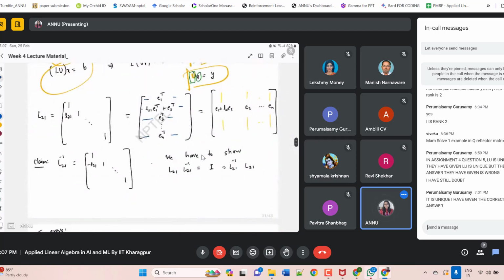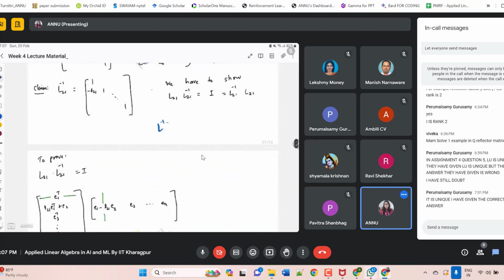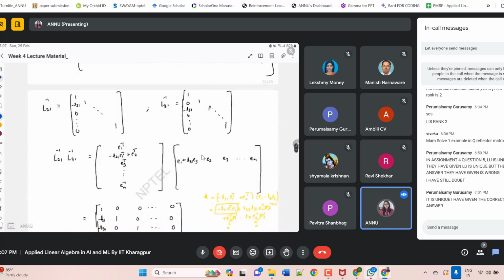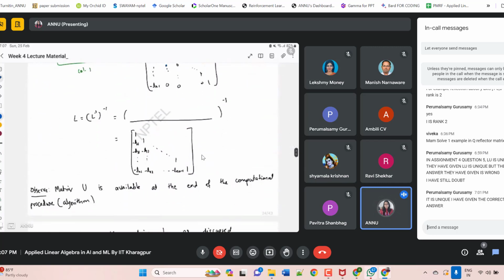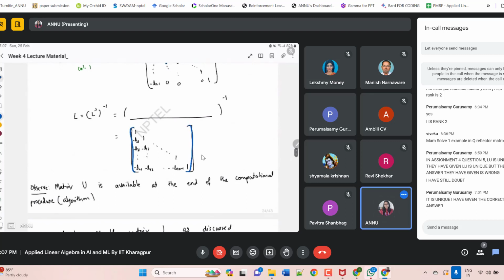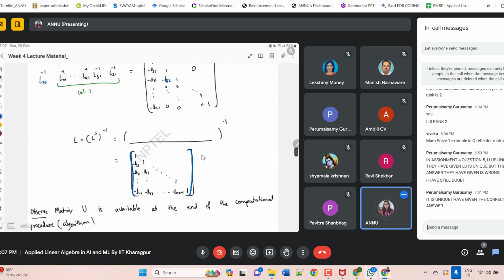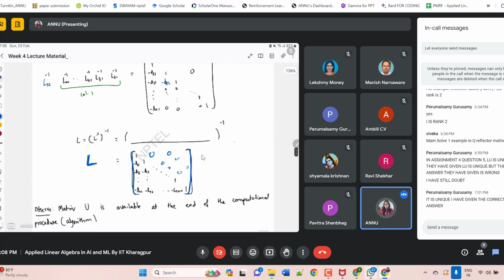Now what we found is that the L inverse matrix that you are trying to get is nothing but this particular thing. So the L matrix is this, with 0, 0, 0, 0, 0. You are getting 1 and minus L21, minus L31. So whenever that question comes, you remember this, find L21 and L31 based on the A matrix, and you will see that the question is solved. LU decomposition solved. Once you find this L, A is equal to LU.